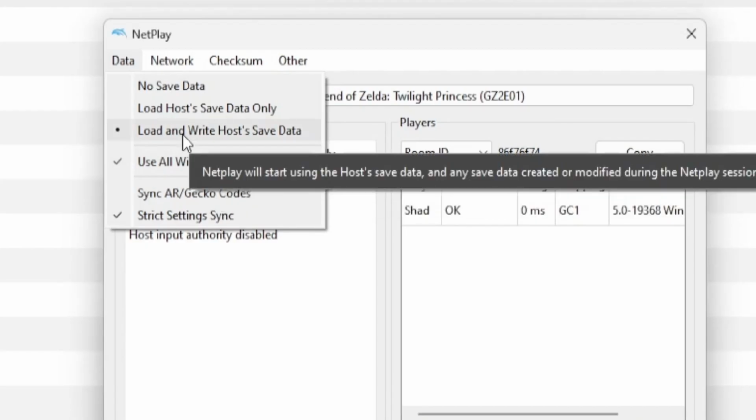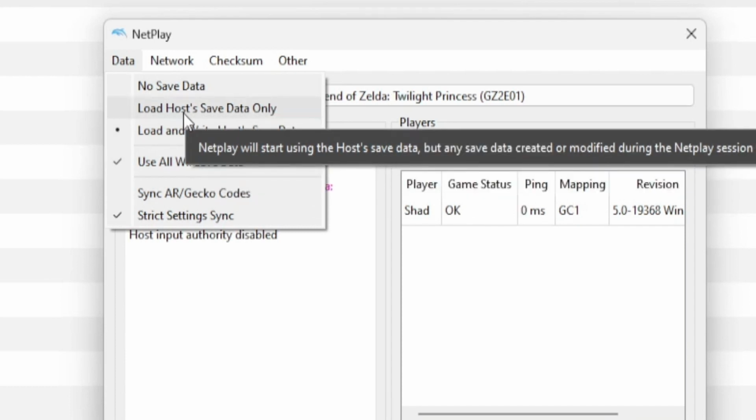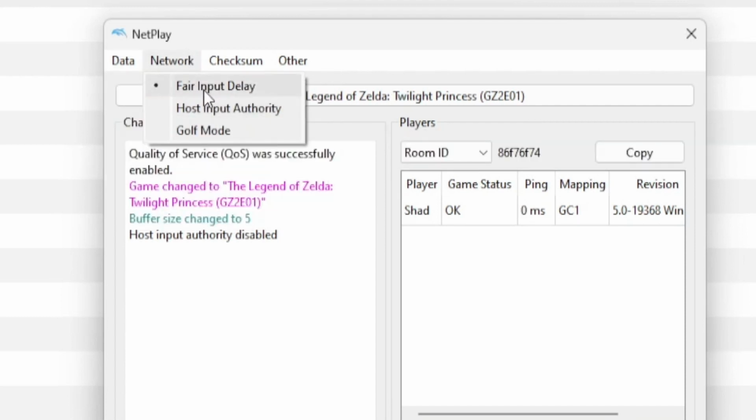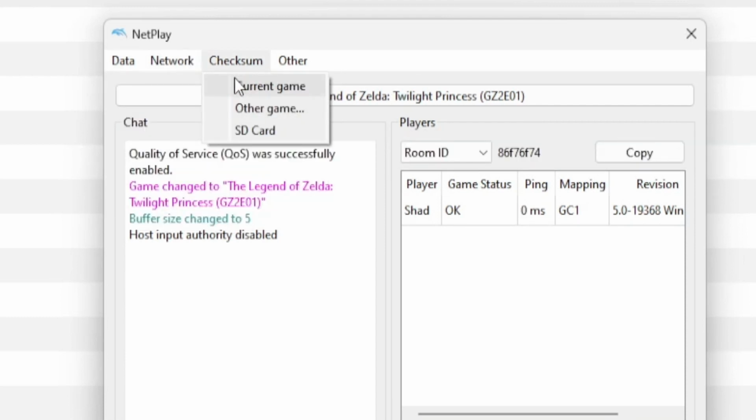Also make sure that Netplay uses the host save data. If you have load host save data only, it will discard it at the end of the session. Network should be under fair input delay. Checksum, it syncs all of your current settings, so make sure you do that